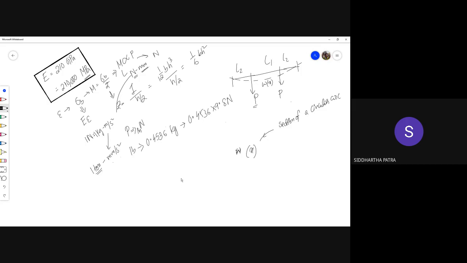So he basically pointed towards this famous bending equation, which is y by rho